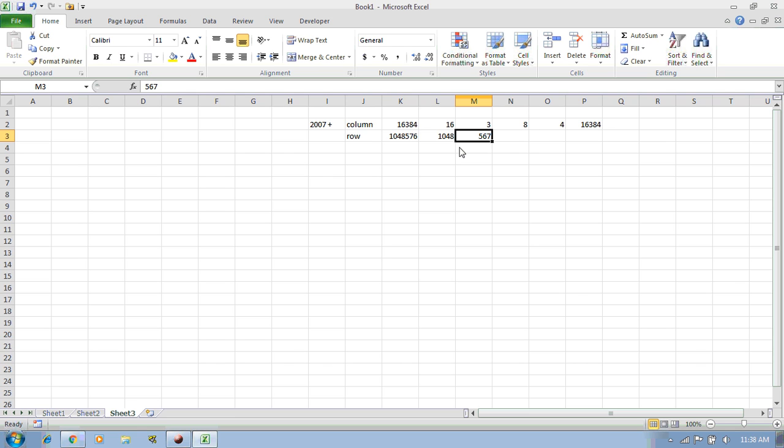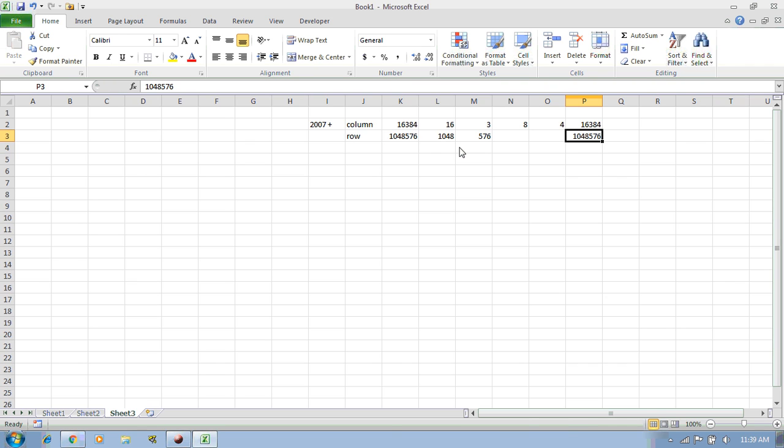Then what you need to do is swap the 6 and 7 positions, so it will make the actual number of rows which are there in Excel. So now we can say that we have 10,48,576 rows in Excel.